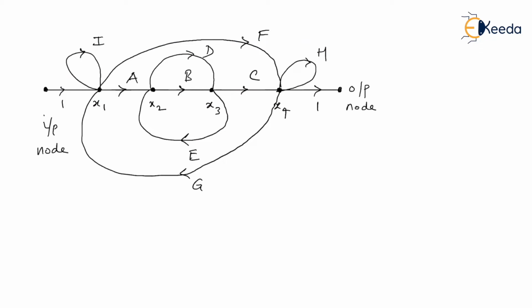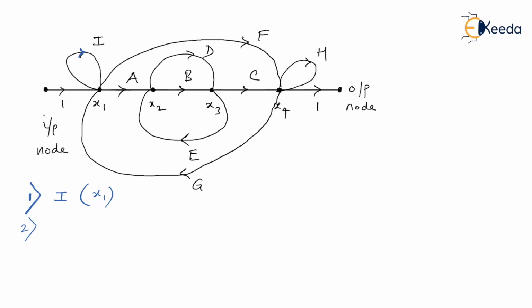Let us go for finding the loops now. Within the same SFG, you have to find loops. I'll start with the very first one. Whichever is visible you can write; the loop number is not necessary. What is necessary is identifying the correct loop. If you see the very first loop, I can take it as a self loop I. It is always good practice that you also mention which nodes it is involving. Since it is a self loop, it is involving only one node, that is x1. So this is the first loop I got.